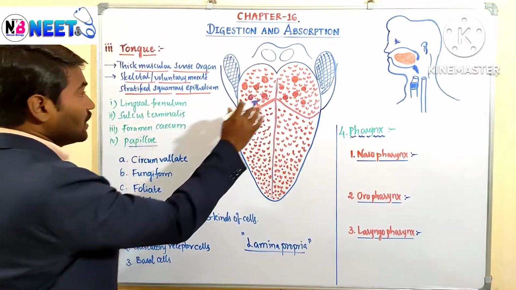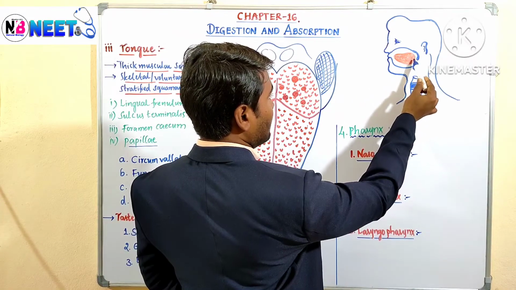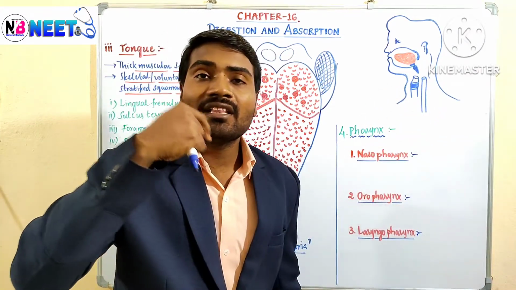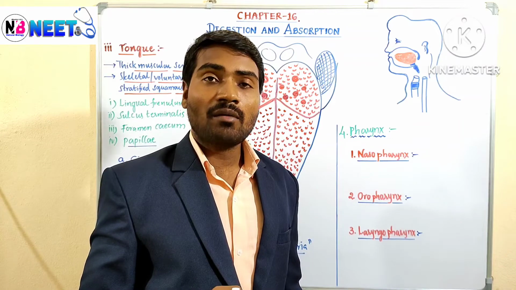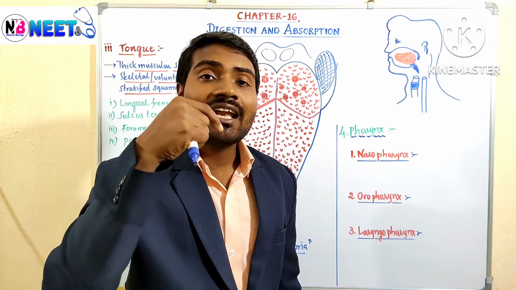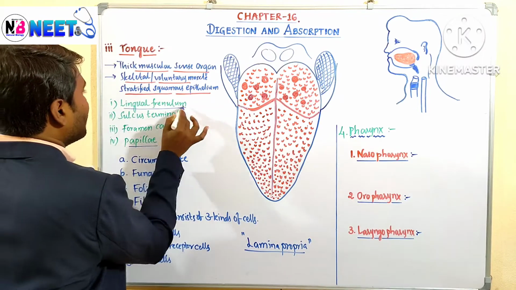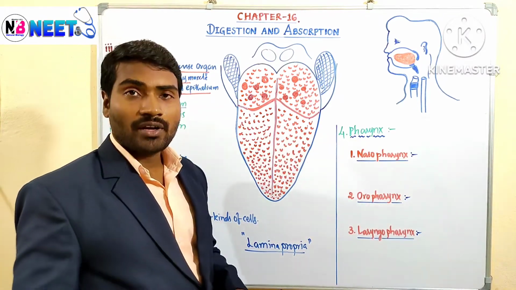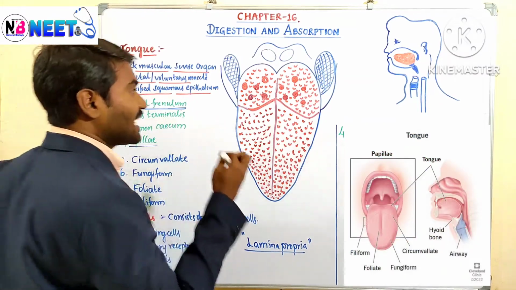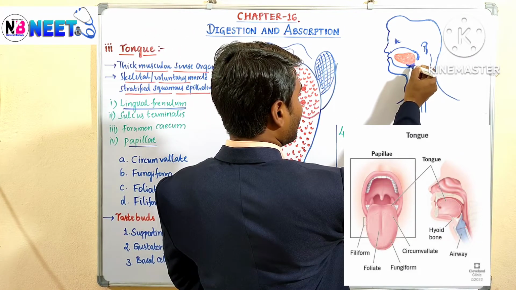First, if you see the structure, the base of the tongue is connected with the throat region. It is connected with the base of the oral cavity or buccal cavity by a fold of skin. You can see the skin, which is connecting the tongue with the base of the oral cavity. That is called the lingual frenulum. We have to remember: the lingual frenulum is a fold of skin which connects the tongue with its base. So here we can see the lingual frenulum. This is the region.